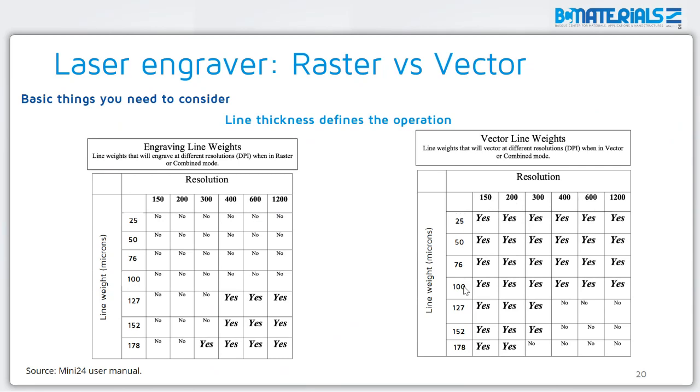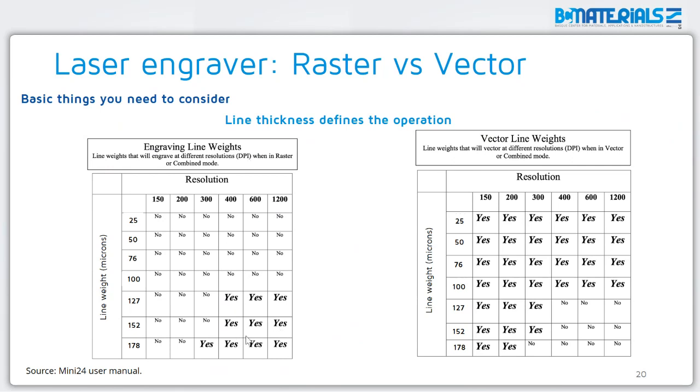Anything below 100 microns thick will be interpreted as a vector, and the system will treat it as a vector. Anything that is thicker than 125 microns will be treated as a raster, as something you want